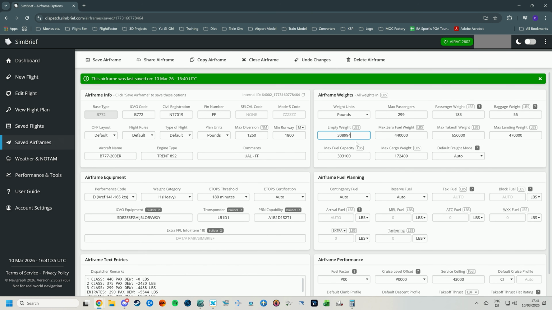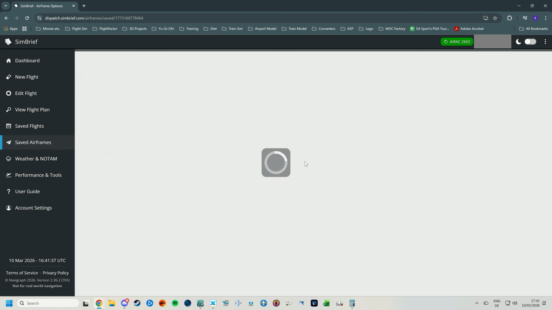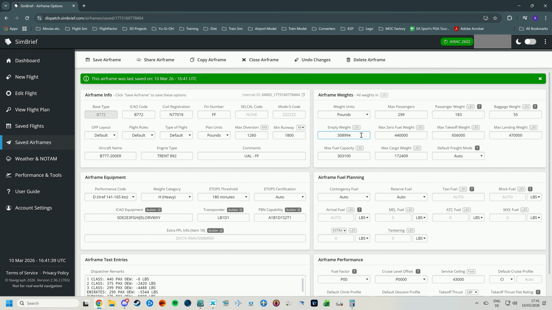308,994, I believe it was, right? Yep, there we go. And that is my empty weight. So the conditions you need to be wary about is the empty weight, which is going to change based on the cabin configuration you're choosing, as well as how you're going to lay out your cargo holds, the passenger counts, as well as the max cargo weight. The rest of these variables can actually stay